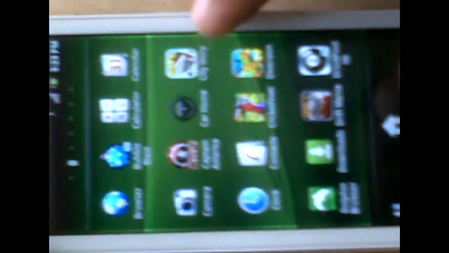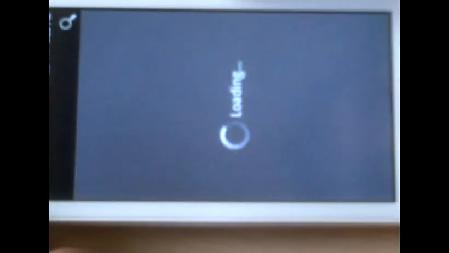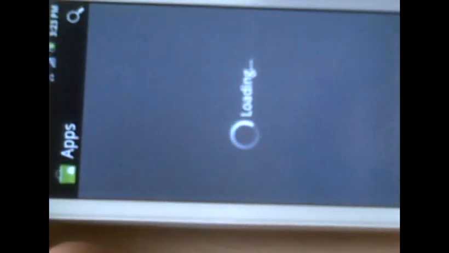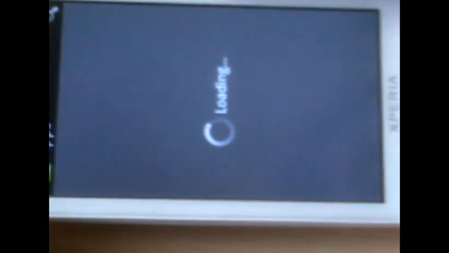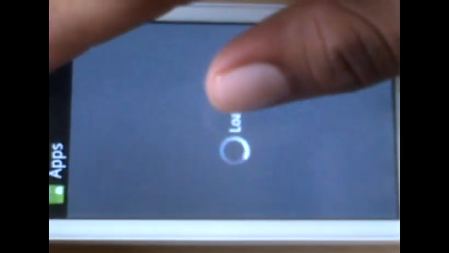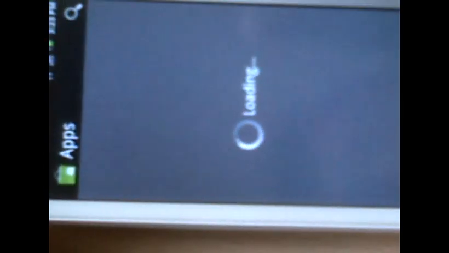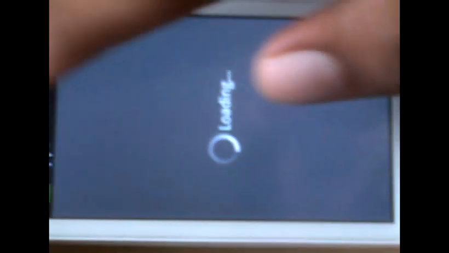And then we have an Android market. So yeah, it's here. Actually the original Android market is good, but Google has introduced a new market for Android 2.3.3, and that is working very good. Just try it. That new market is very good.